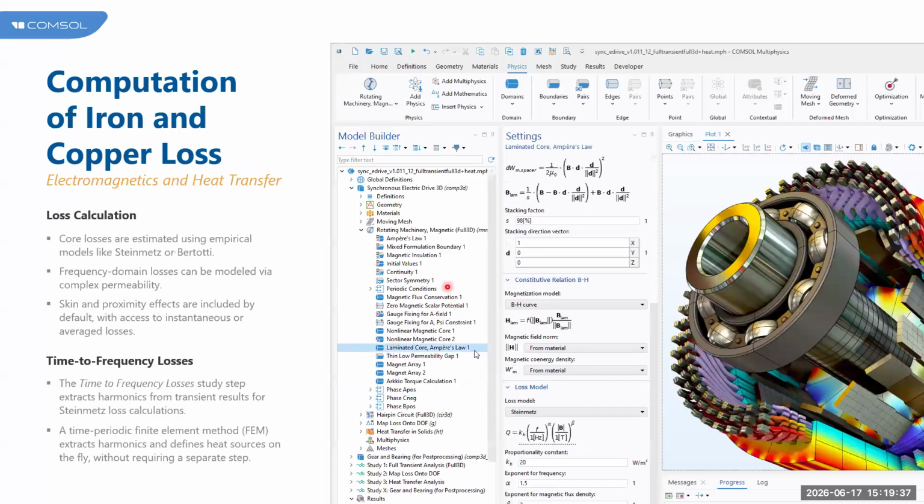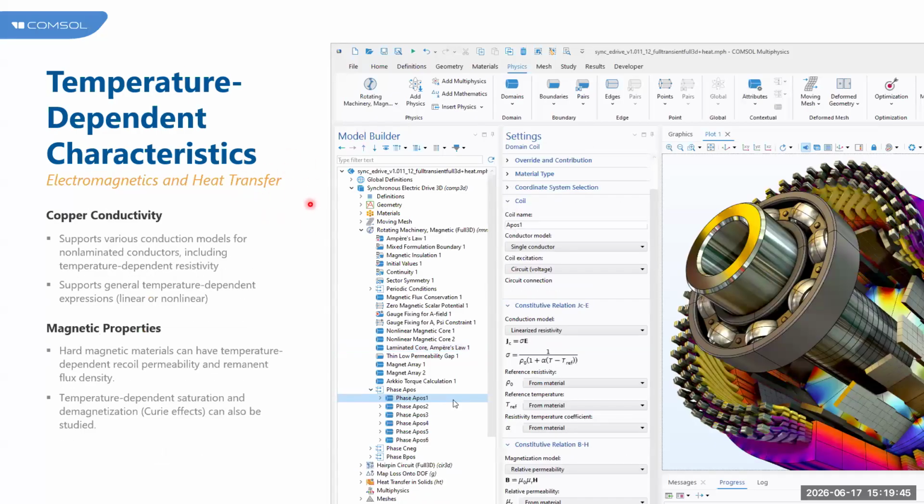As we talked about losses, they are going to be a source of heat for the thermal or heat transfer simulations. The temperature dependency of the material properties also plays an important factor to assess the thermal performance of a device. So in order to perform any thermal simulation, we need to define a temperature dependency. This can be done in two ways. The first way is to do a one-way coupling where your losses are incorporated as a heat source in the heat transfer physics,